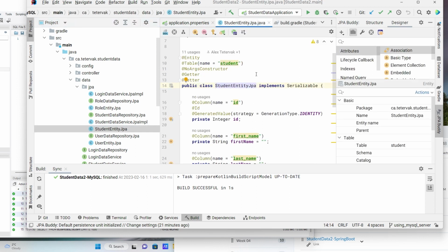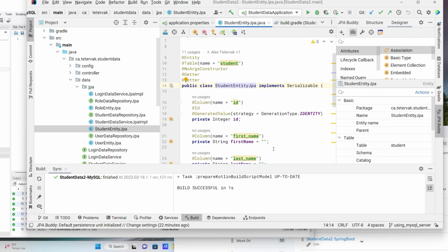Please notice that the student table is highlighted because IntelliJ doesn't know if this table exists or not. So it gives you a warning. Maybe this table doesn't exist. The same about columns. ID, first name, last name. It doesn't know if these columns are present in the given table, and it doesn't know if this table is on the server. So it is just a warning to you because IntelliJ IDEA doesn't have this information. Is it right code or is it wrong code? We know that it's right because if we run, it will work, right? But